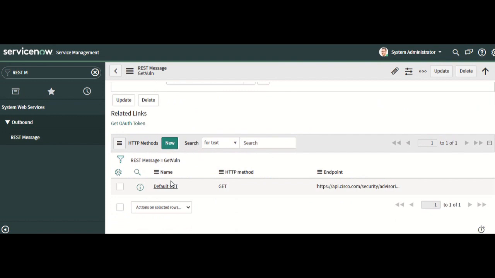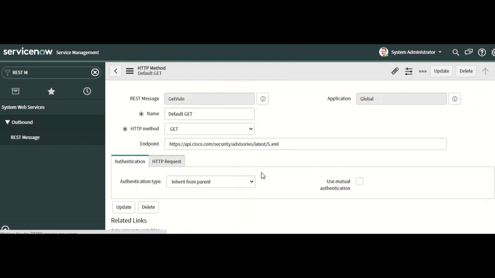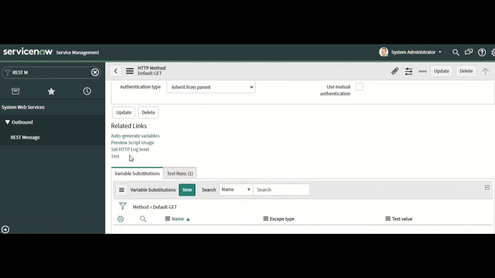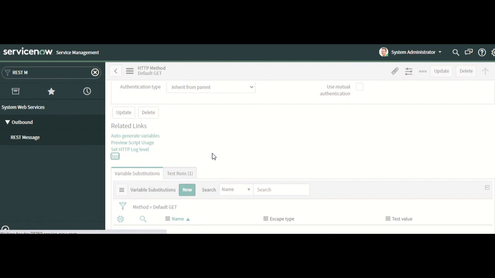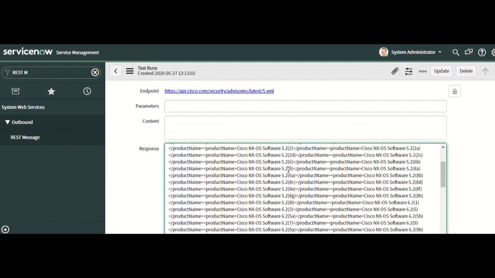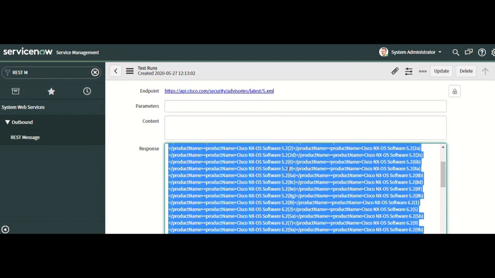The next step, we can go to HTTP methods, and let's see if we can fetch the latest 5 Cisco vulnerability advisories. We can go to test here, and there you go. We have retrieved the information from Cisco in XML format.